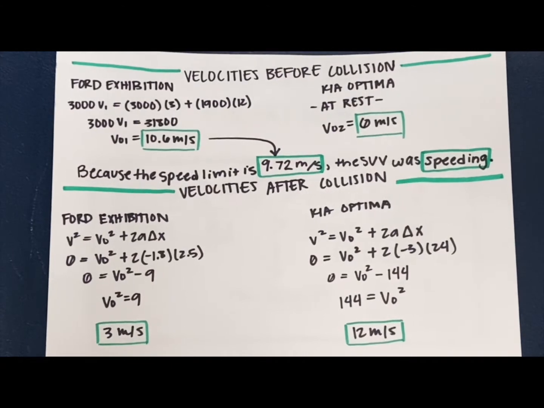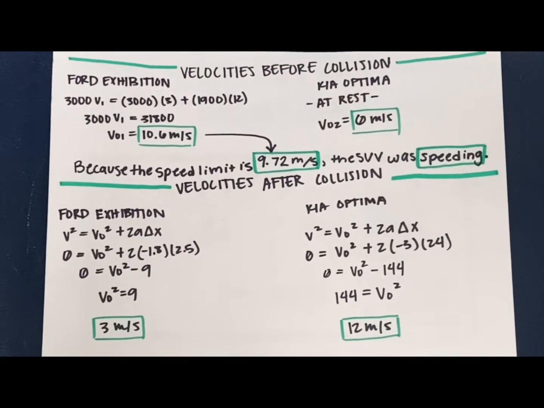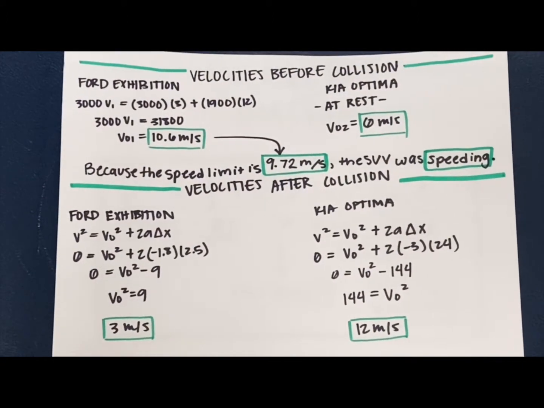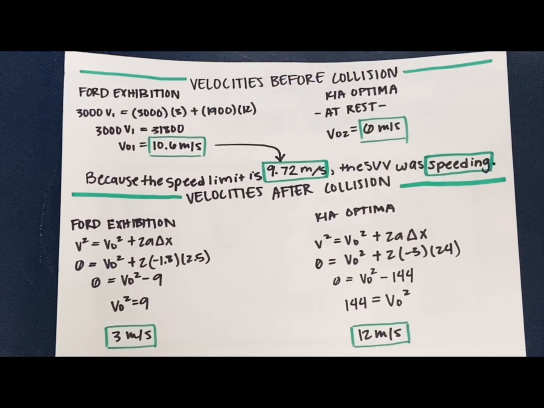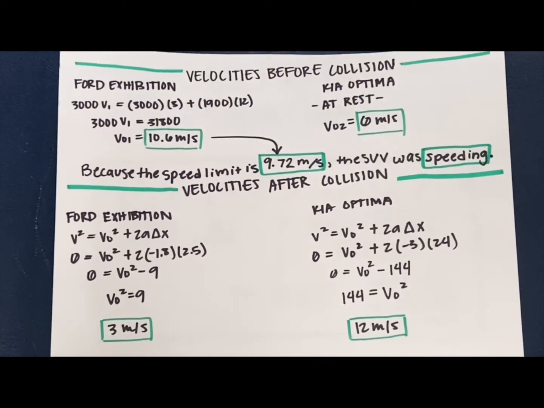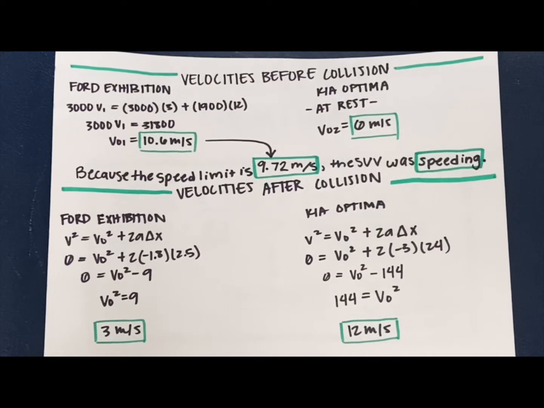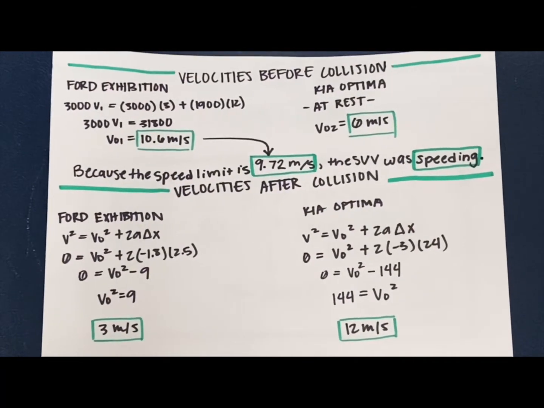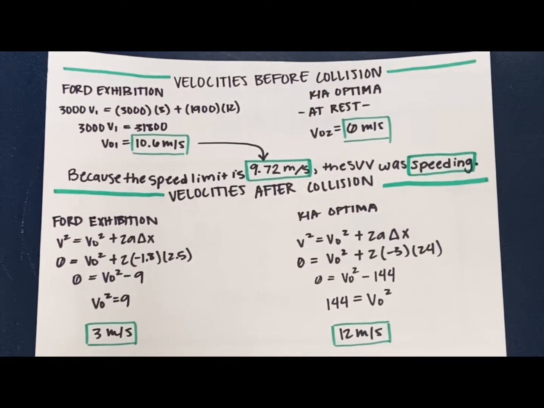For the Ford Expedition, we found that its velocity was 10.6 meters per second before the collision, and since the Kia Optima was at rest, its velocity was 0 meters per second. But since the speed limit on the road was 9.72 meters per second, the SUV was speeding by 0.88 meters